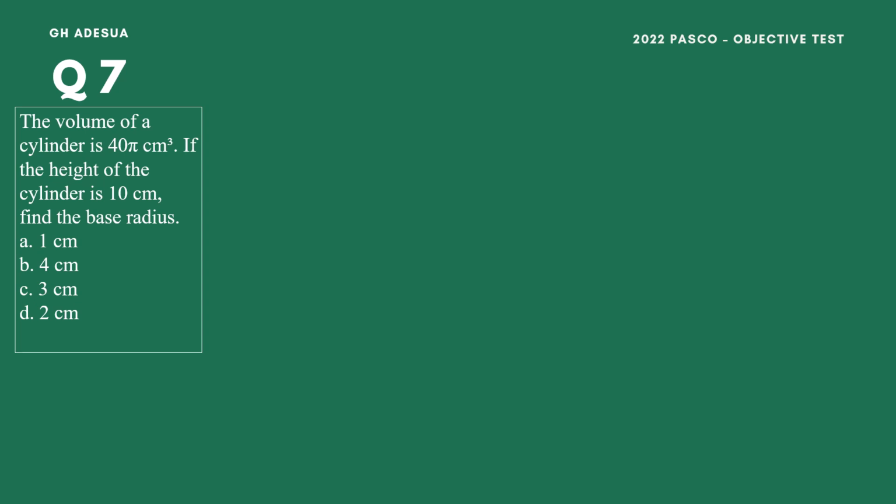If the height of the cylinder is 10 centimeters, you are asked to find the base radius, and the options are given below. Now, the first thing is for us to note down our formula for the volume of a cylinder, and that is